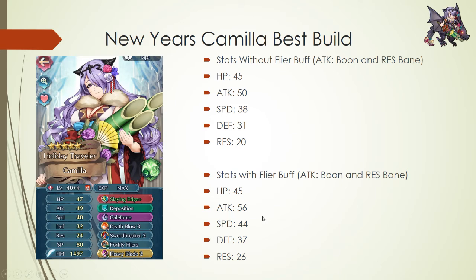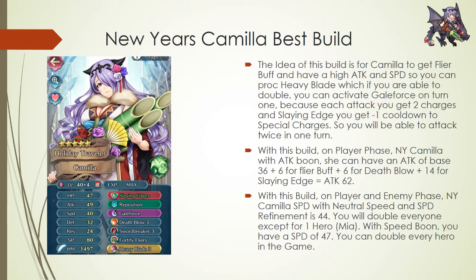So 56 should be able to get you most people. You should double everyone except for one, which is me, I think, for the 44, and then her attack, you should be able to out-attack most people. So again, like I said, the idea for this build is you want Camilla in a flyer team with your home and Fortified Flyers. And then,